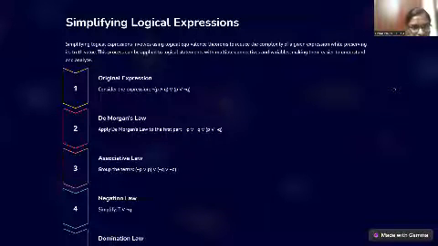Consider an expression like not (P and Q) or (P or not Q). This is a general expression. First, apply De Morgan's law to the first part, and then apply De Morgan's law again. Then apply the associative law to the above expression, and finally we get true or not Q. Then after the negation law, we apply the domination law. In this way, we solve the original expression to find the logical expressions.